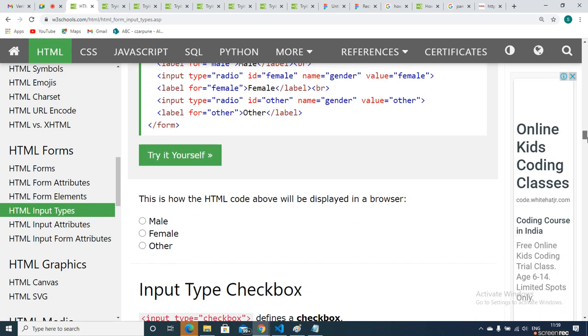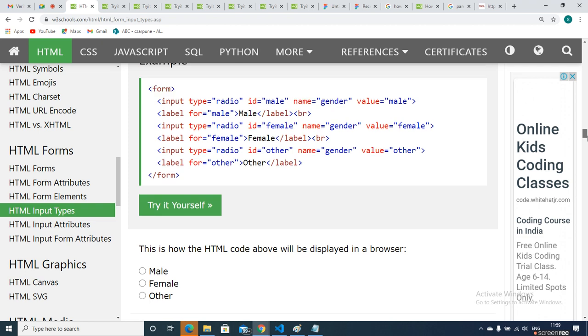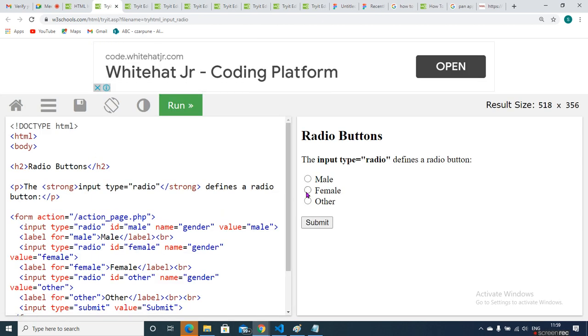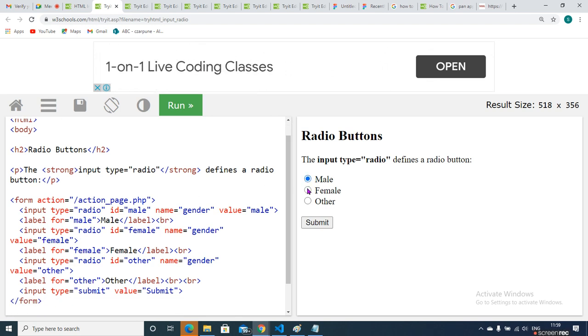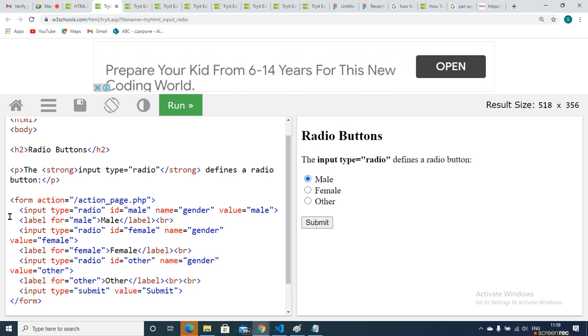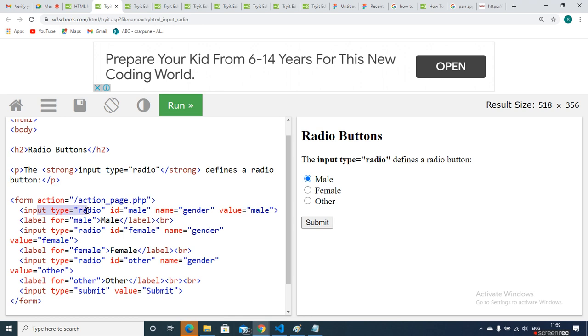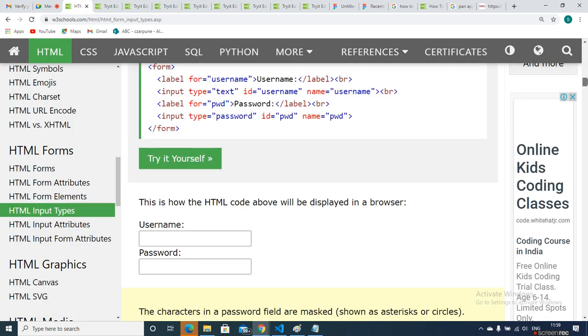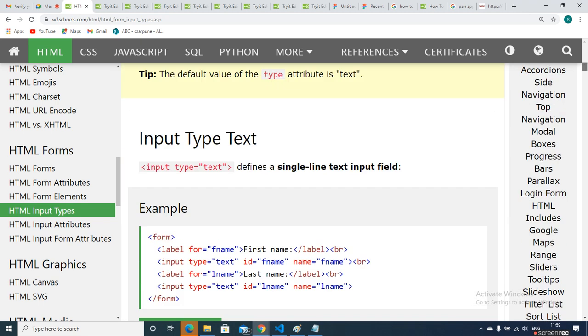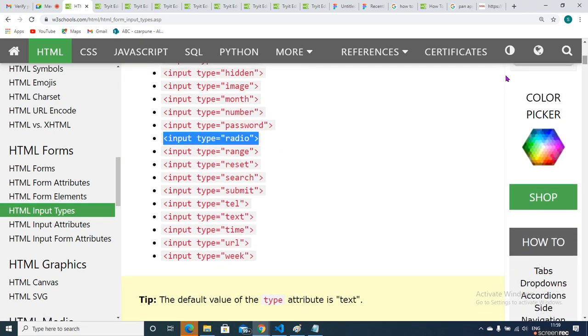Yesterday we explored the radio button. I'll just quickly show you here male, female and other. So a radio button takes the input like this, from different options. So we need to pass the input type radio at that time. Okay, type is radio.